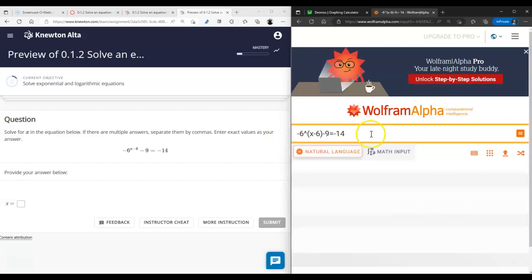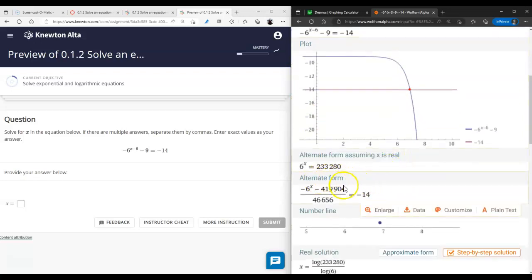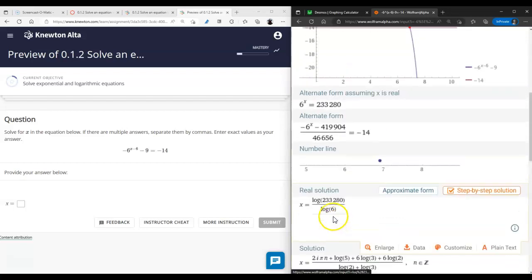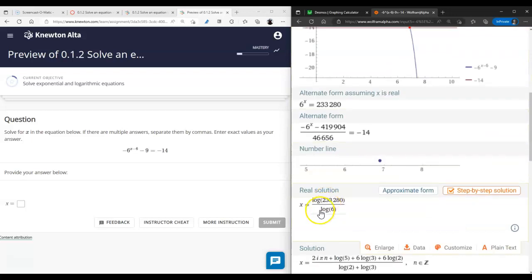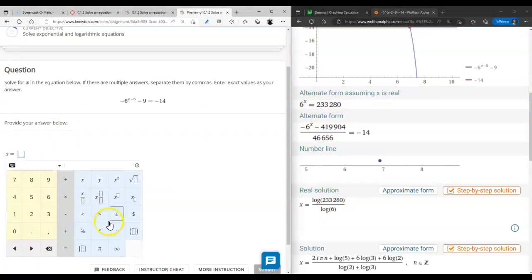And notice how Wolfram Alpha does what I'm suggesting you to do, right? It graphs it. It shows you it has one solution right away, and then it gives you the answer. Now, this is clearly like a computer-generated answer, so you have to be careful when you're using technology. If you write something like this on a test, it clearly means you used technology. But we can go, well, either from here or from here, but either way, the correct answer is